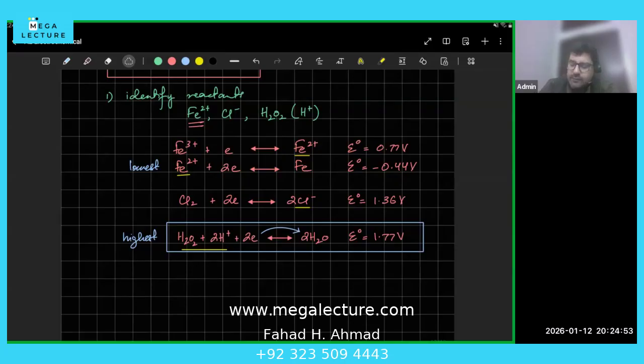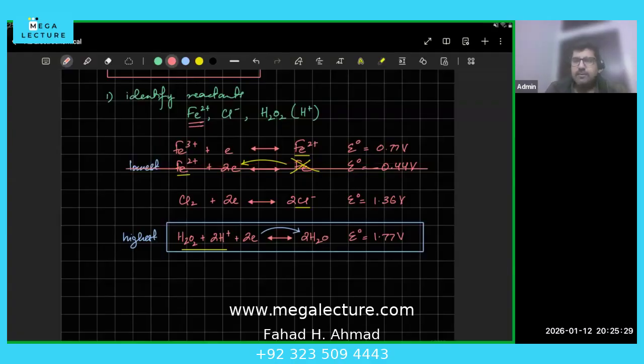So this is the one that will lose electrons, right? But who's the one that's losing electrons? If I select this, it's iron that is losing electrons. But among our reactants, I don't have iron. I have iron 2 plus, but there is no iron, right? So although this equation has the greatest tendency to lose electrons, the problem is that we don't have iron, so how could it lose electrons? So I'm just going to cut it out.